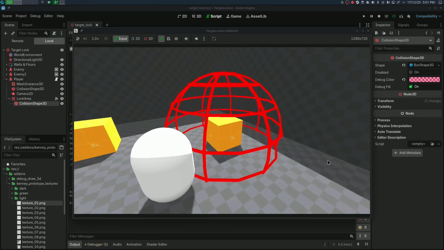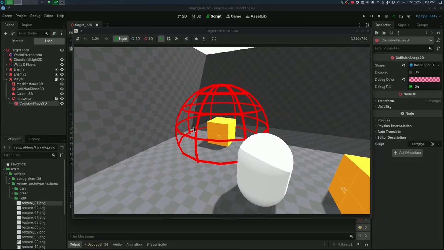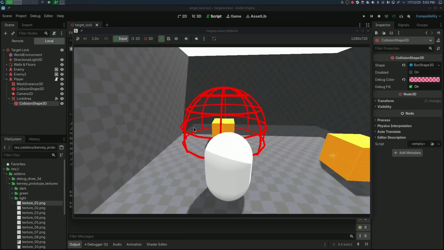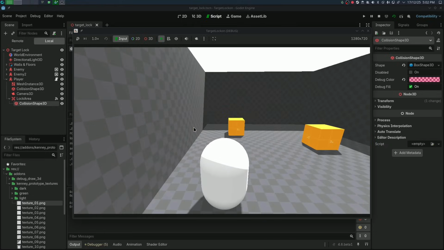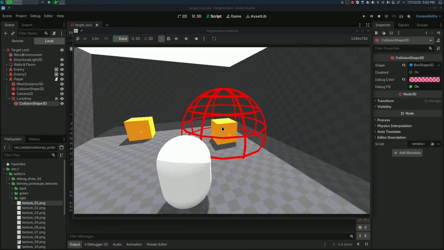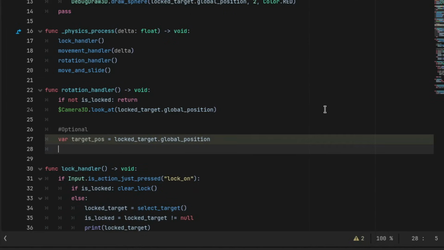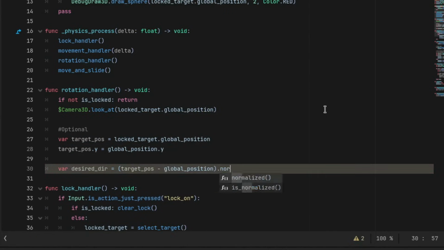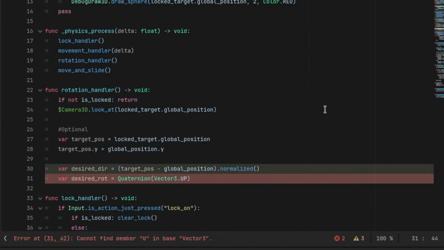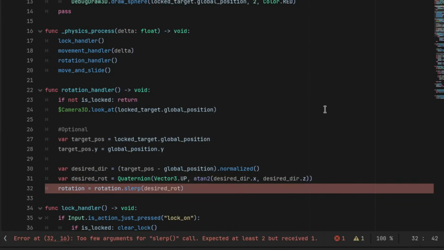However, and this is optional, only our camera is rotating towards the target, but both our body and the target area are not. In context of this demo, both our player and the target area are pointing straight ahead towards that wall, but not towards the enemy, or in a more technical term, towards the forward direction pointed by the camera. To fix this, we just have to do a little bit of vector math. That is, we will get our direction vector pointing from the player towards the enemy minus the y-axis and get the angle of this vector, and then rotate our player every frame bit by bit using slerp.